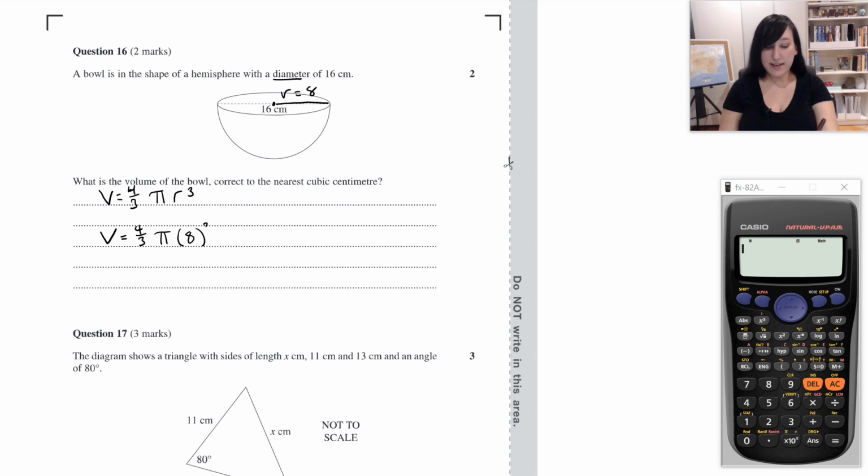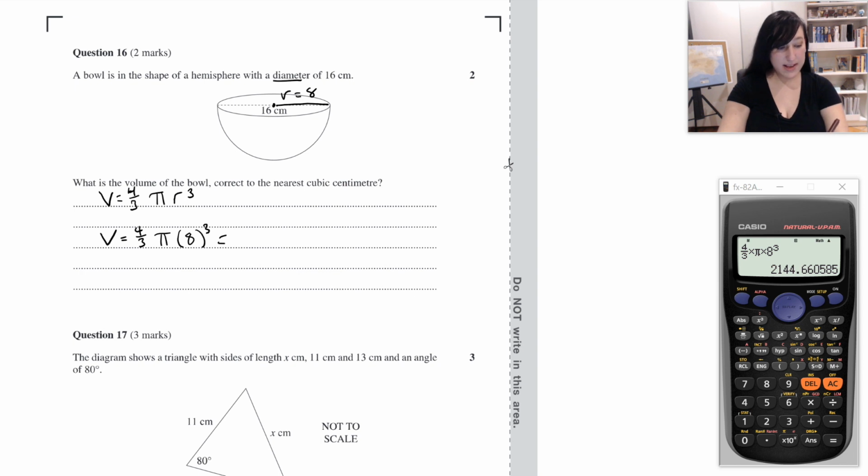So we put 8 where r is, so we're going to do 4/3 pi times 8 to the power of 3. Okay, on the calculator, 4/3. We'll have to put the times in, of course, pi, and then we'll put that times 8 to the power of 3. So that's 2,144.66 ... cubic centimeters. Now let's not forget to divide that by 2 since we have a hemisphere, not an entire sphere, so I will just divide that by 2. And we get